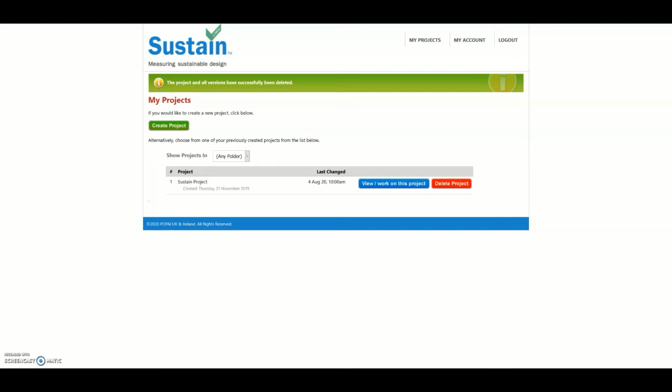Creating projects and versions in the Sustain tool. Sustain is based on the principle of projects, and each project can have up to 6 versions. Now, a project might be a particular type of POP or point of sale equipment, and a version might be variations of that particular item. So we're just going to show you how to set up a project and then how to set up versions